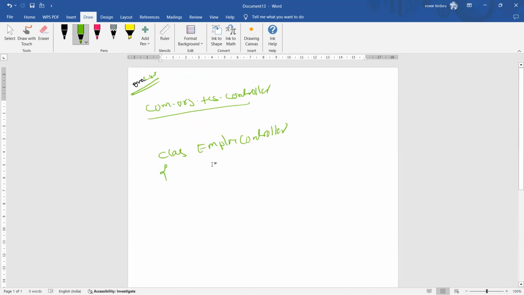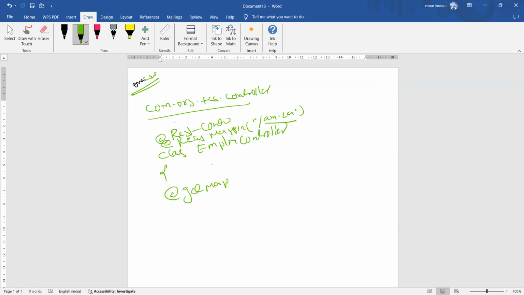Here we need to write the @RestController annotation and the @RequestMapping annotation. In that mapping, maybe you can use amazon.com or tcs.com, whatever it may be. After that, we have to write @GetMapping for getting, @PutMapping for creating,